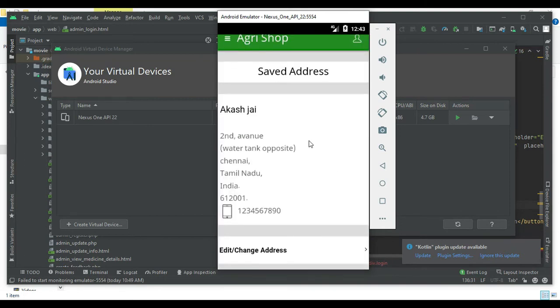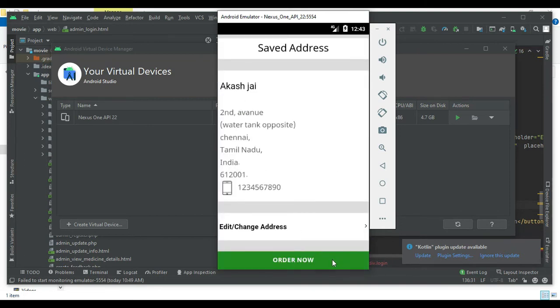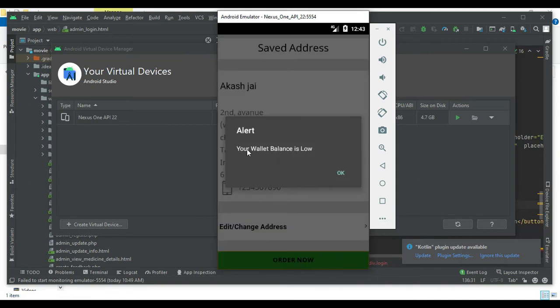Once you add the address, you can see it. So it is placing the order now.